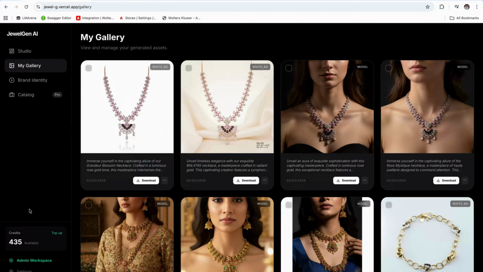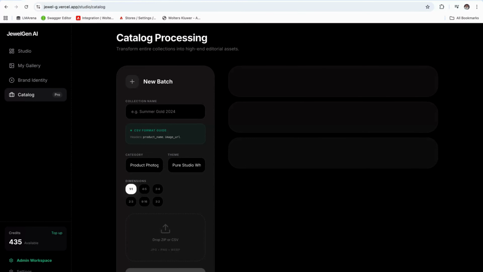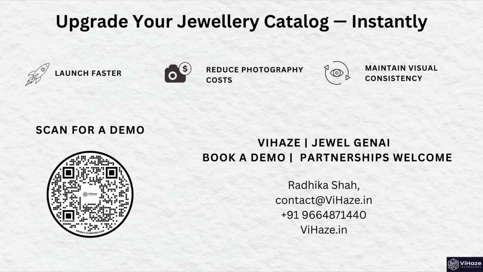At JewelGen AI, we understand managing large catalogs can be very difficult, and that's why we provide bulk downloads, bulk uploads, as well as automated processes to deal with your large catalog. Brands typically use JewelGen AI to reduce discrepancy on photo shoots, speed up collection launches, and standardize their entire catalog. It works especially well for seasonal collections and large inventories.